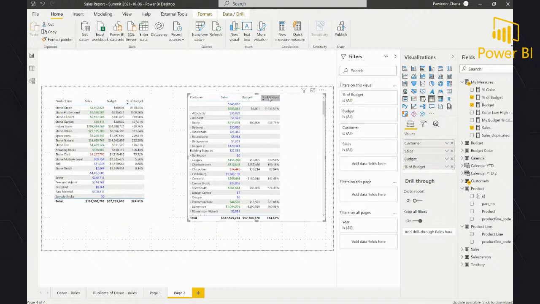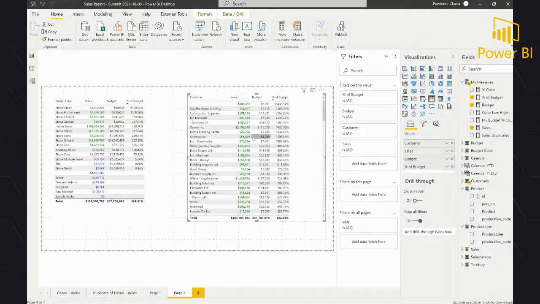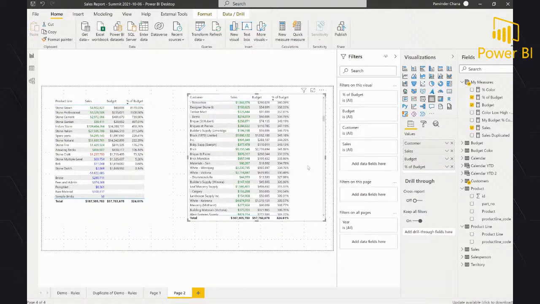So same rule has been applied here. And so basically we are recycling that measure. But yes, in case you want to, there's a different set of logic for your customer showing the percentage of budget compared to the showing by product. Then you have to create two different measures. But generally, it is the same.